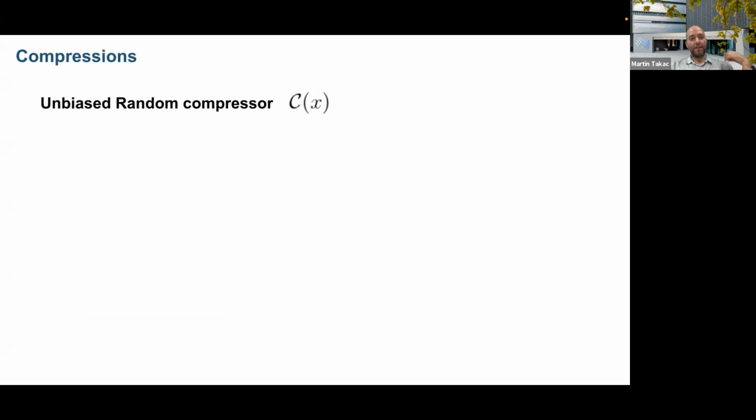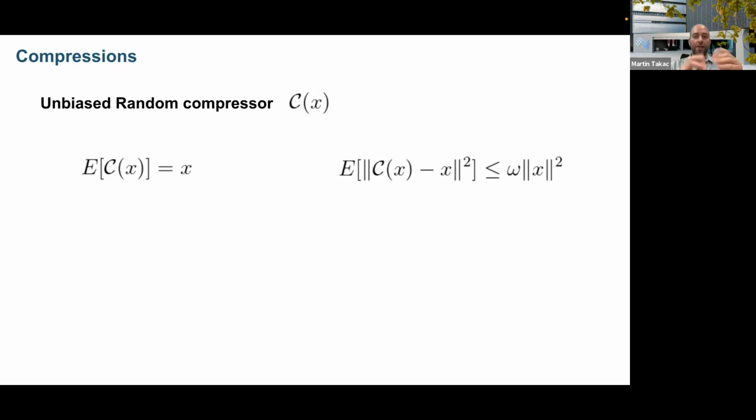I just also mentioned this compression. For example, the easiest one: if I have some vector x, I can define an unbiased random compression such that the expectation of this compressed vector will be the vector itself. And also the second moment of this compression will be bounded by the magnitude of x. So basically you can see if I want compression which is not creating too much noise, ideally the x, the thing that I compress, should go to 0, okay? In this case, it's good because it will be unbiased, and also my variance will go down if the quantity I want to quantize goes to 0, okay?